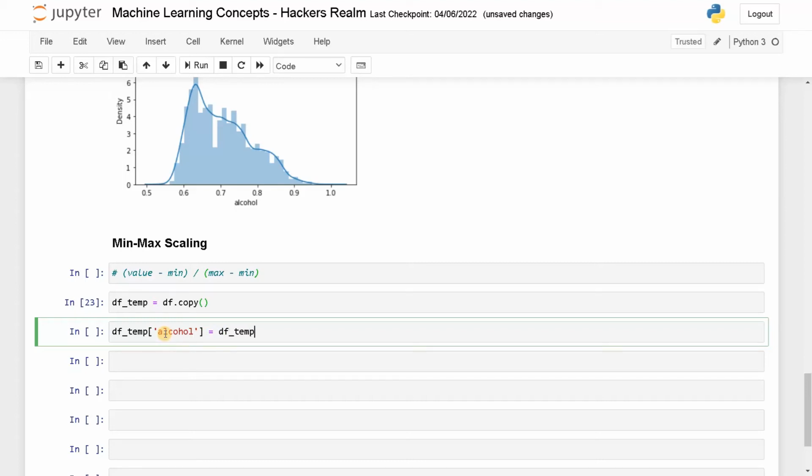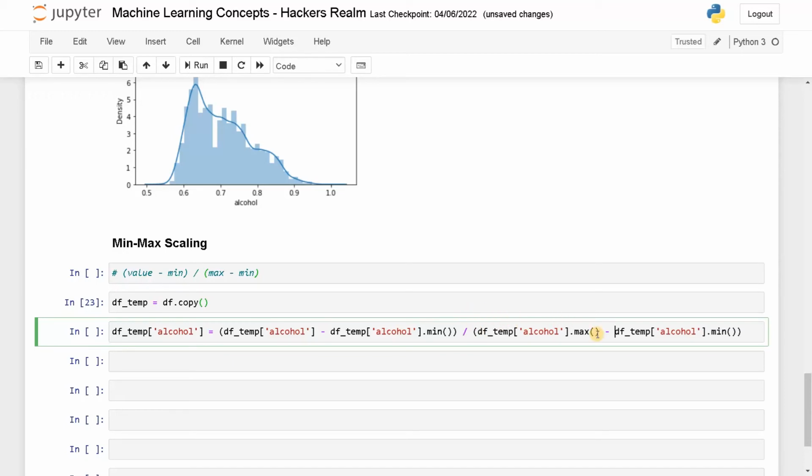So df_temp of alcohol minus its minimum. So this will be in the brackets and divided by this will be maximum